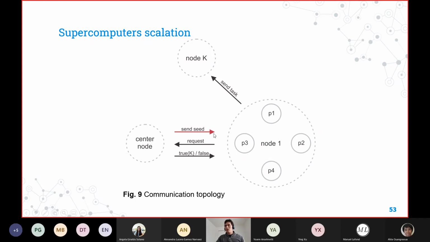This is what we're calling semi-centralized, because the center node is just returning true or false. We don't have to send data to the center node and then the center node sends it to node K. What it's doing is just returning a true or false signal. If it's true, we are returning the ID of the available node. And then this node will be in charge of sending the task to a particular node. If it's false, you would probably be wondering, why would it be false, if all the nodes are aware of the availability of any other nodes?